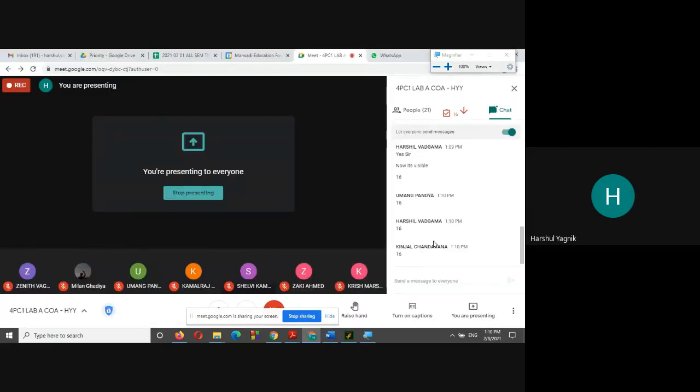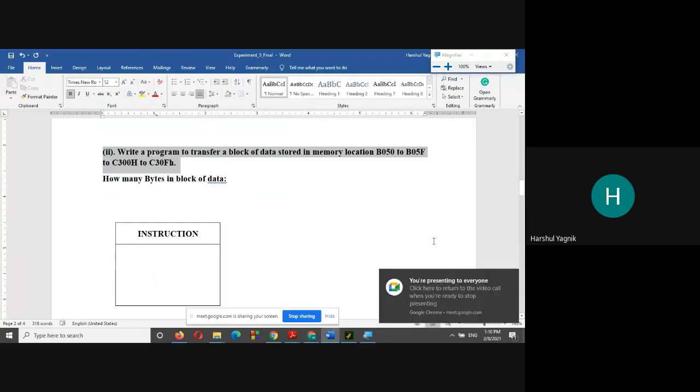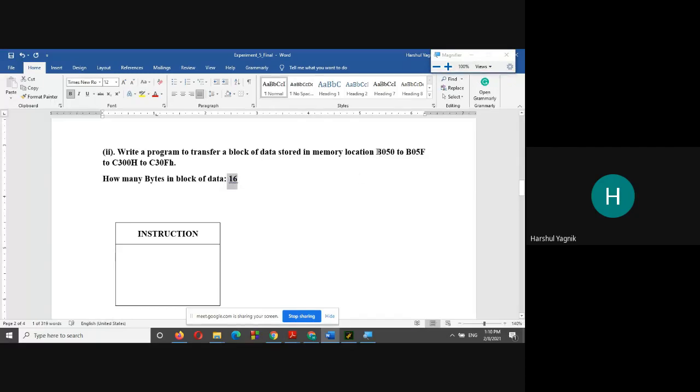We need to transfer these 16 bytes from the memory locations B050 to B05F to the memory locations C300H to C30FH. Now, what we have to do is use the branching logic.